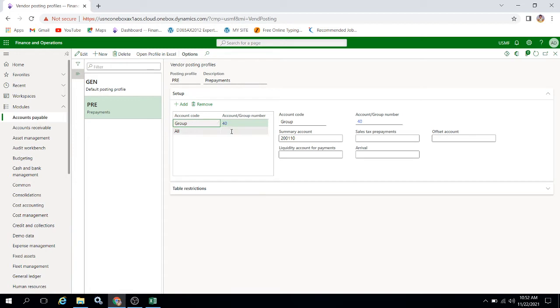For group 40, whatever vendors are under this group 40 have only a summary account. It is supposed to book to this particular account. So prepayment setup, this is the first step to do the prepayment.